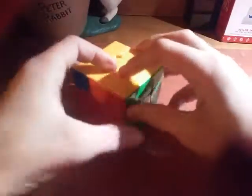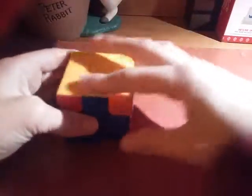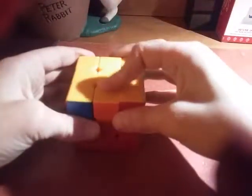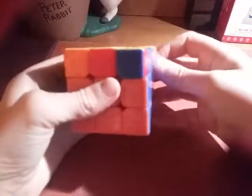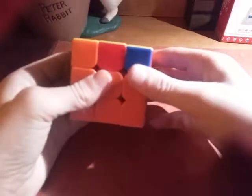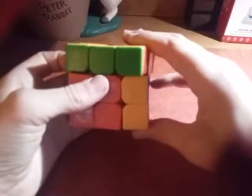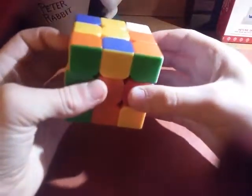Now how to recognize the F perm? Well, you have a full color in the back, but these two corners are switched and these two edges are switched. So how you hold it is with the two corners here and the solved color on the left. And you do R prime, U prime, F prime, R, U, R prime, U prime, R, F prime,